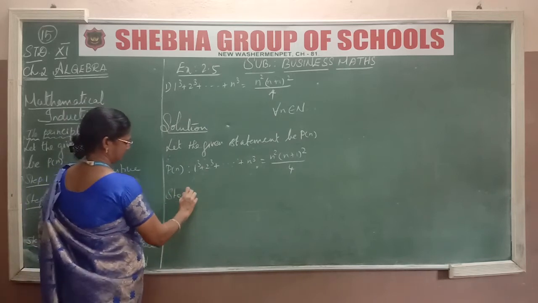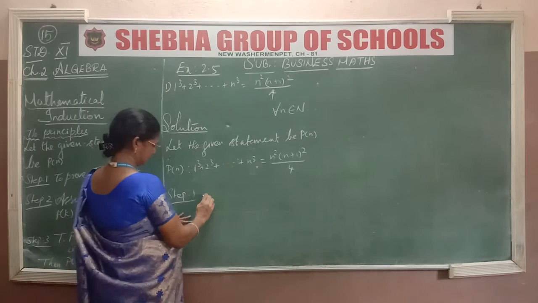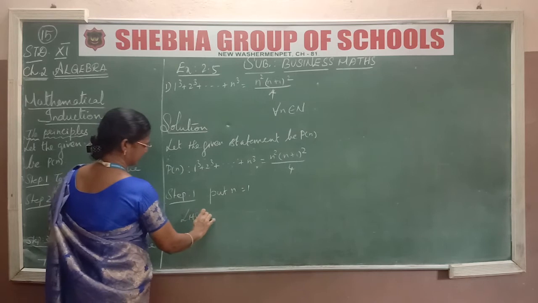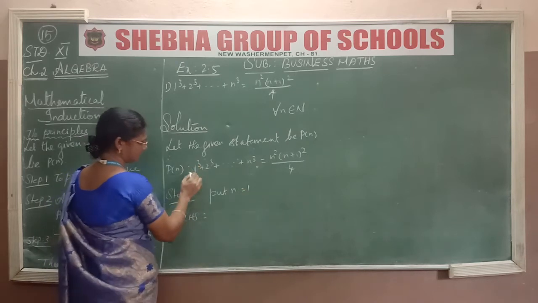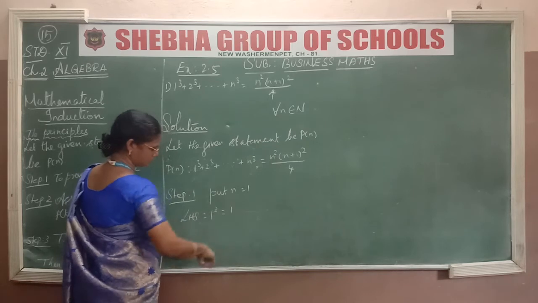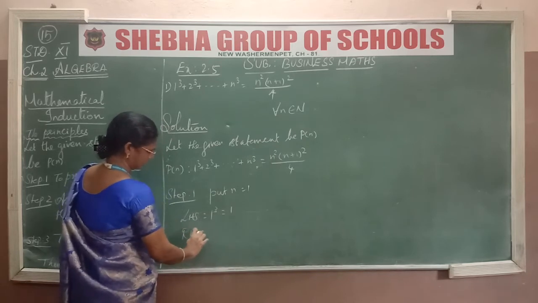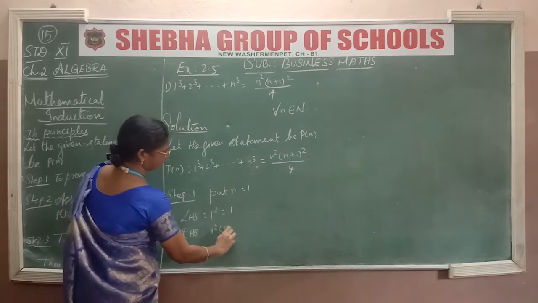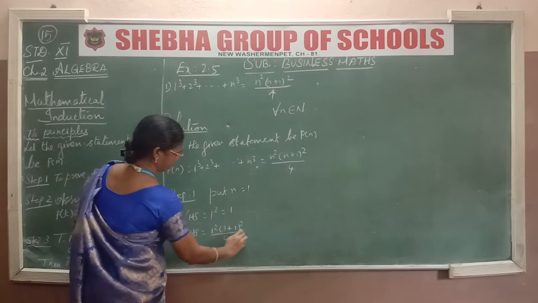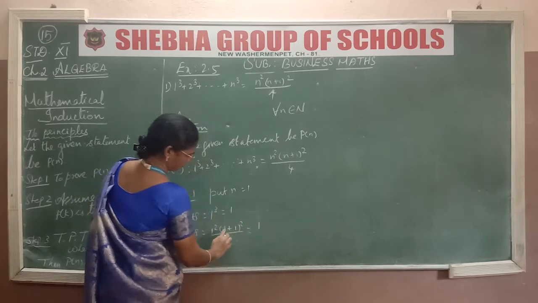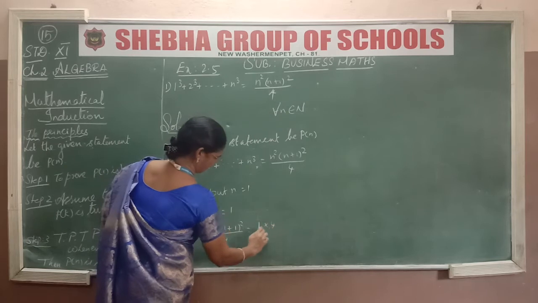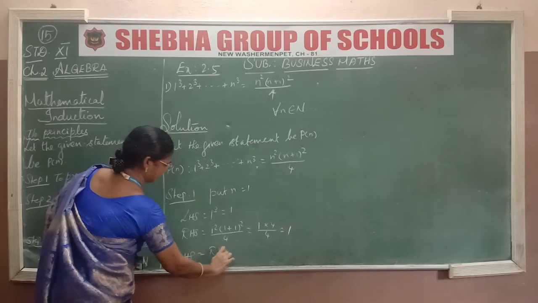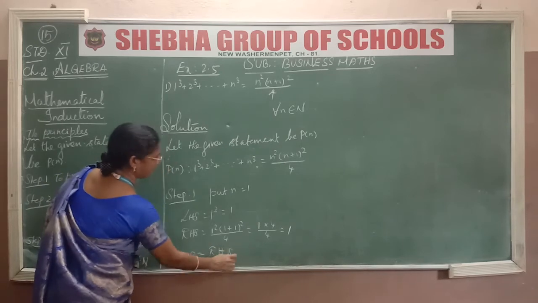First step. Step 1 is put n equal to 1. So what is left hand side of P of n? That is first term only. So 1 cube becomes 1. And what is RHS? RHS is substituting n equal to 1 in right hand side. 1 square, 1 plus 1 whole square by 4, which is equal to 1 square becomes 1 and 1 plus 1 is 2. 2 square is 4 by 4. We get again 1. So left hand side equal to right hand side. Therefore P of 1 is true.